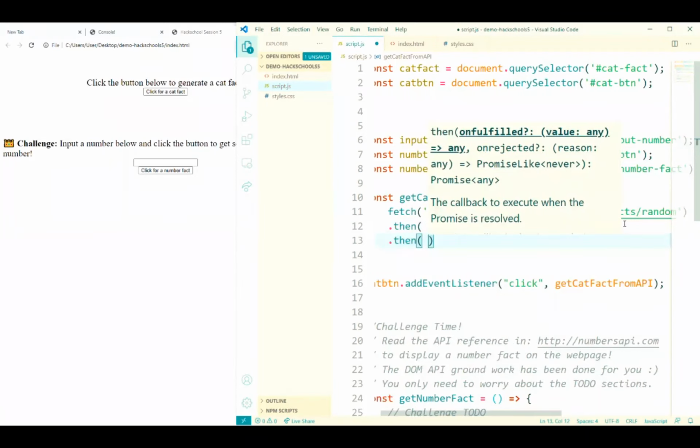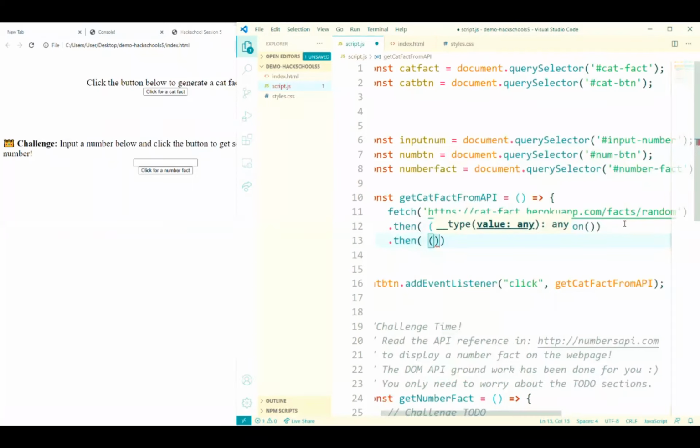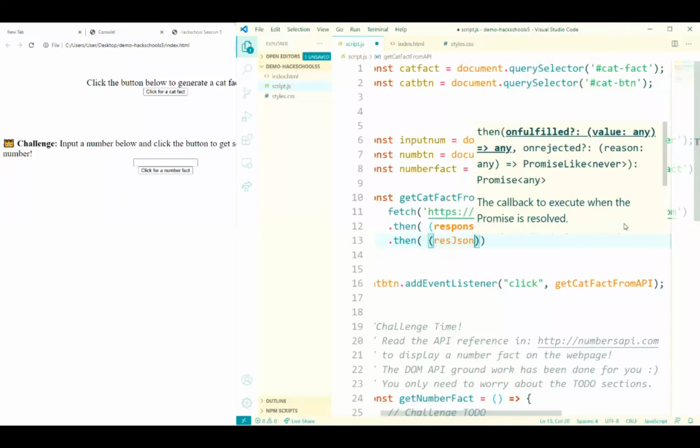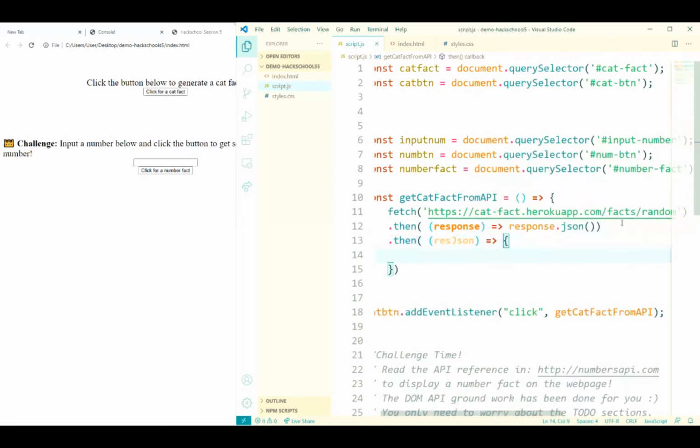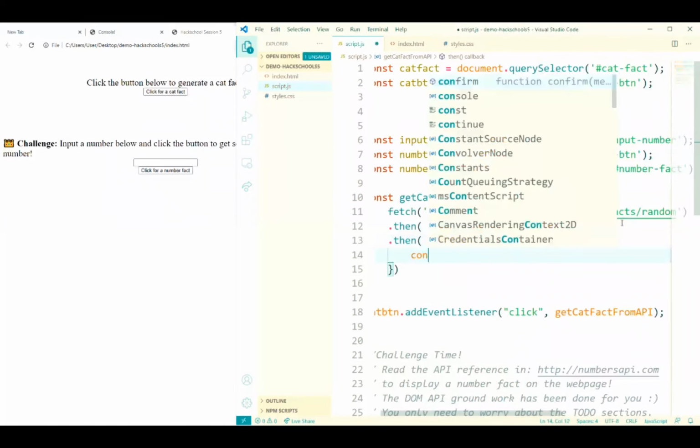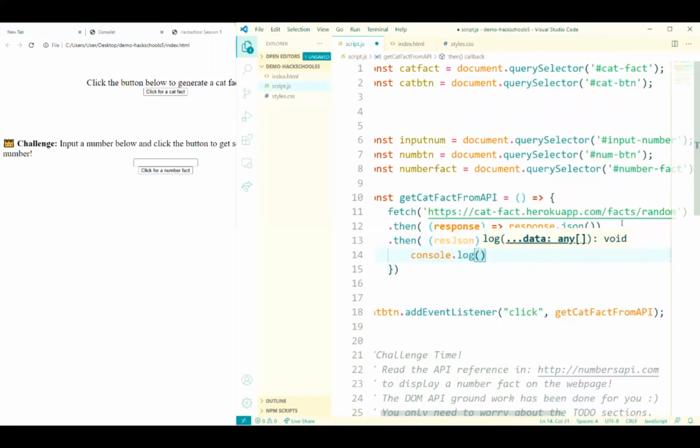Every promise has a .then, and inside .then we need to define what we do after it has been fulfilled. So remember that res.json is now our JavaScript object, and we can do whatever we want with it. So we can console.log res.json.